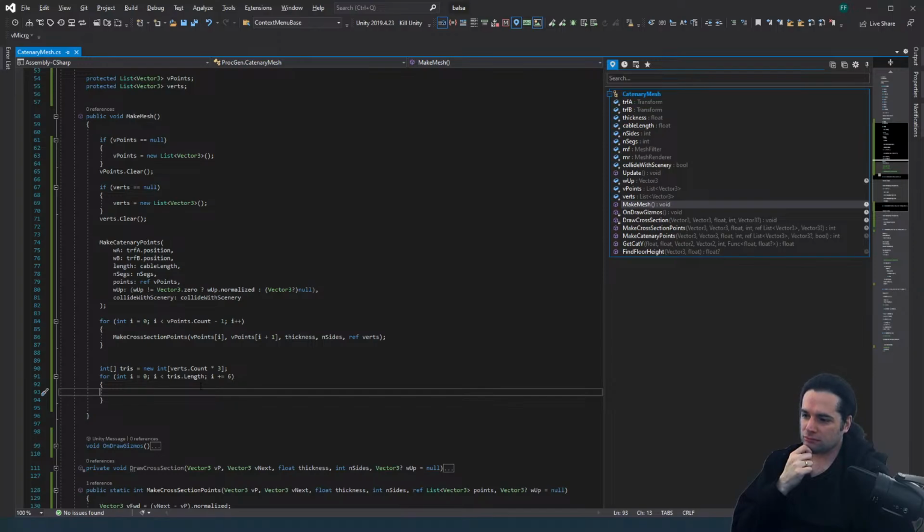So if you get the order wrong, then the triangles go inside out. It gets really weird. So in our case here, we want to do quads between each cross section. So we're going to advance, I think, cross section by cross section,